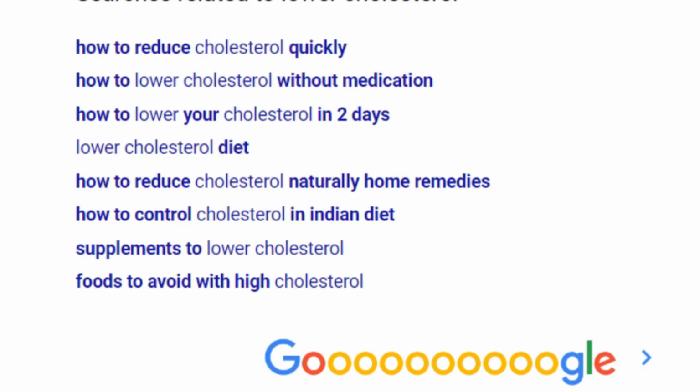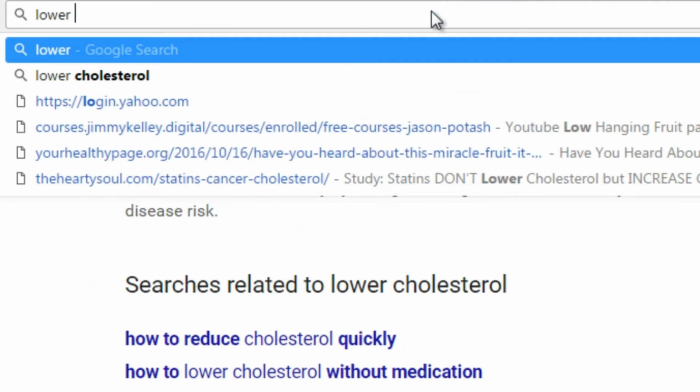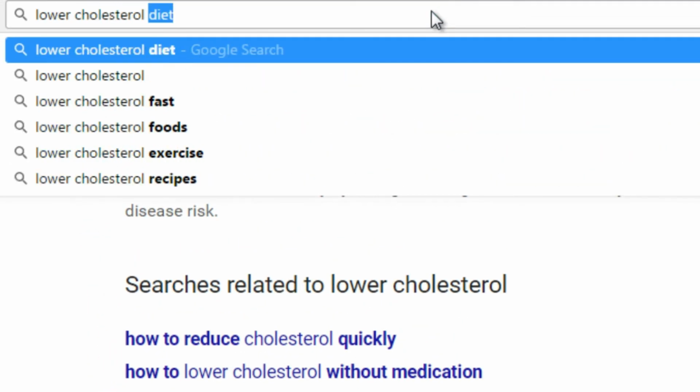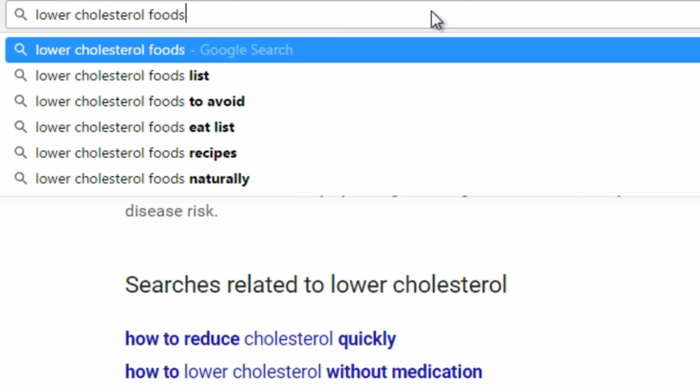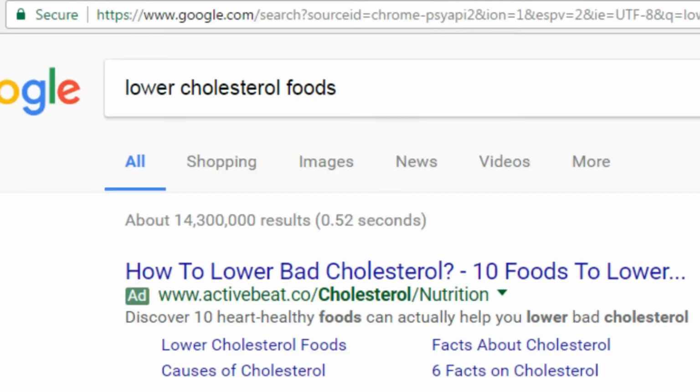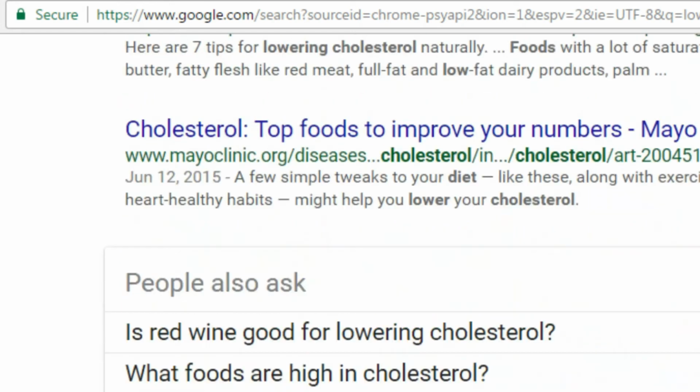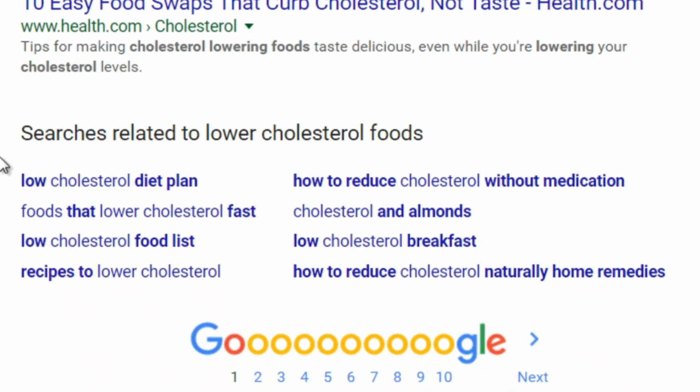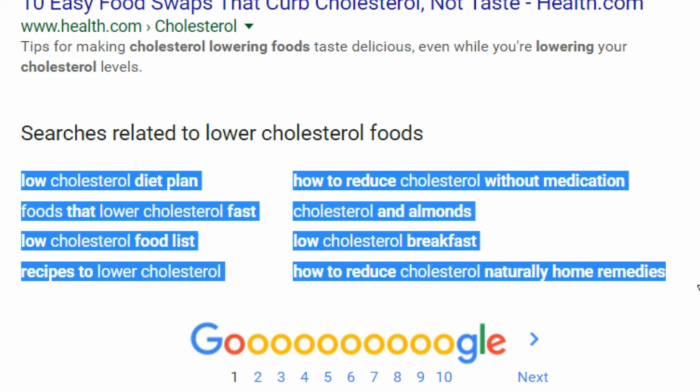So let's say, for example, that we want to do a search for lower cholesterol foods. And we do a search for that. If you scroll all the way down to the bottom, you will see everything related to lower cholesterol foods. So we can see cholesterol in almonds, breakfast, food lists, recipes, how to reduce it naturally without medication.